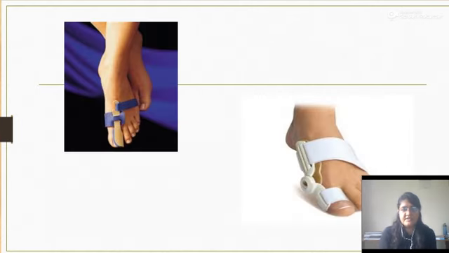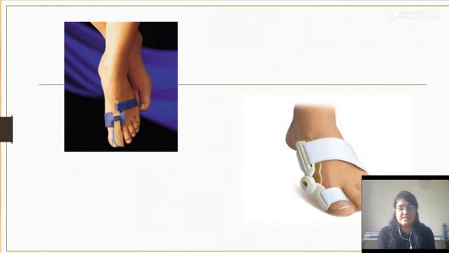So these are the splints which can be worn by the patient. It separates the great toe from the second toe and normalizes the alignment. The second one shown is the dynamic one, and the first one shown is the static one. The patient has to wear this throughout the day. He has to remove it at night, and whenever he goes out, this has to be worn within the footwear, so that pain doesn't happen whenever he walks on uneven surfaces.